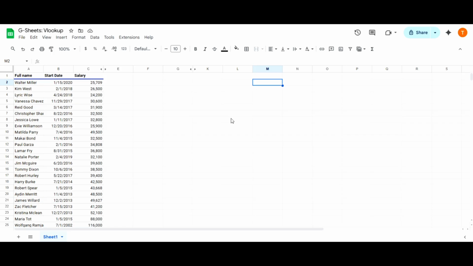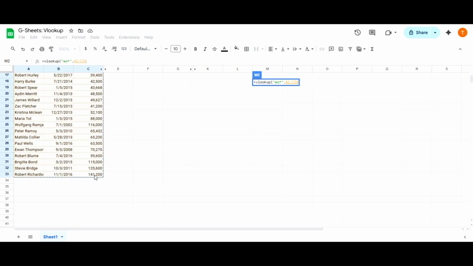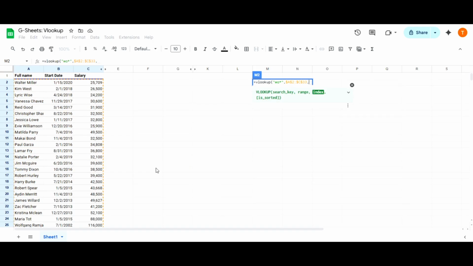And here's how. If I hit equals Vlookup, and where it says search key, instead of referencing cell A2, hit quote, type in WA, and then put an asterisk after WA and a quote, hit comma, and then I select this range. I'm gonna hit F4 to lock it in place, and index, because we want the salary, which is in column C, type in 3 and type false here. I will still get Walter Miller's salary of